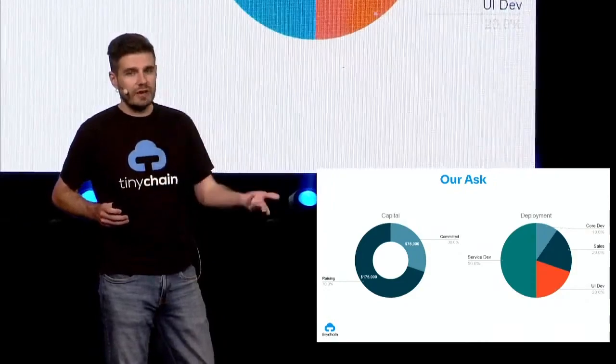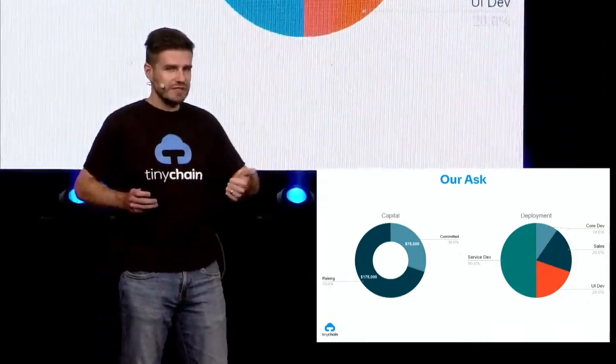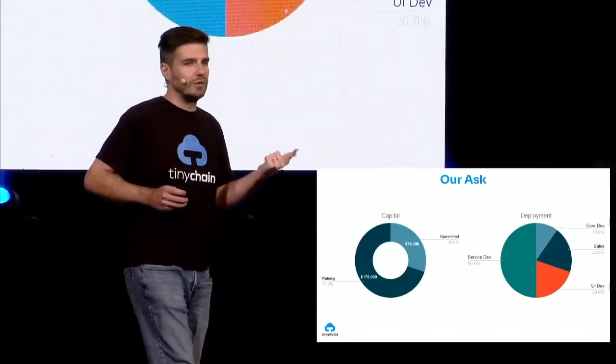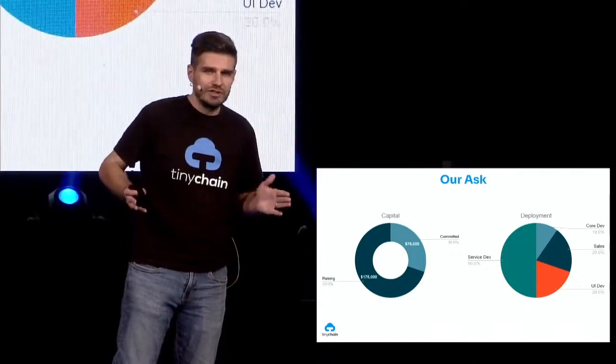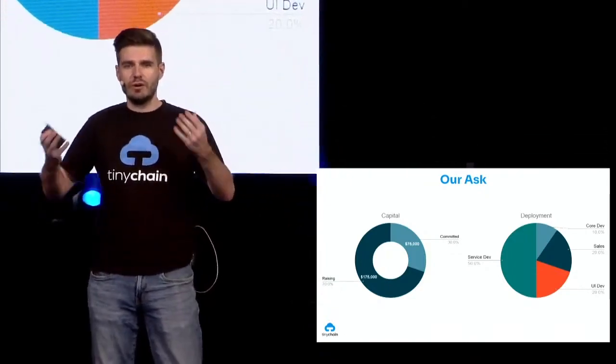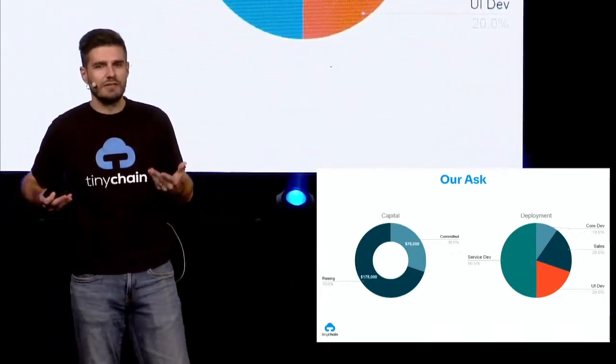We're raising a further $175,000. That's primarily to develop that initial set of services for the App Store, but it's also to develop our UI toolkit and formalize our sales pipeline. It's been an incredible journey so far, watching our open source project come together from an all-volunteer staff of contributors, but we're just getting started with TinyChain.